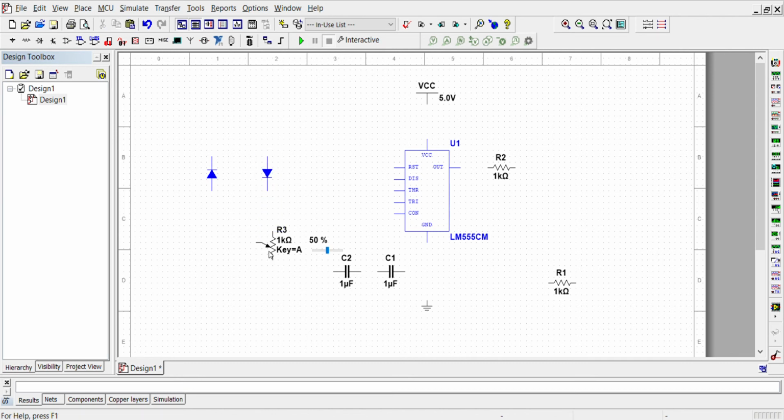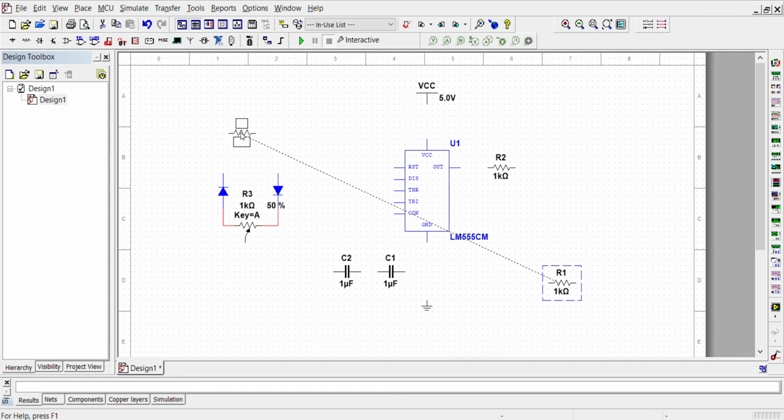After that, rotate this potentiometer, that is a kind of variable resistor. Click this potentiometer. Now take a resistor here, make a connection with it, right click, click R to rotate.